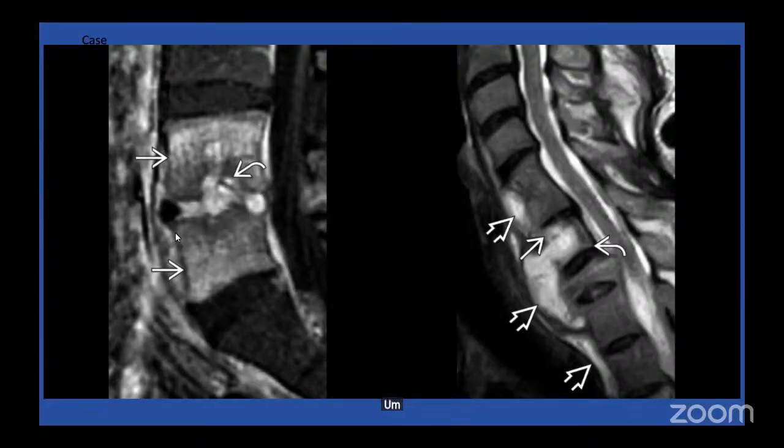Then looking at the T2 image, first I can see a hyperintense fluid collection anterior to the vertebral bodies, which is likely an abscess. And there's also